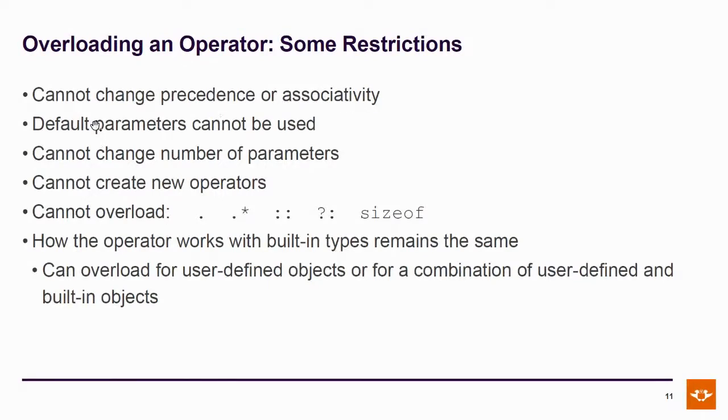You can't use default parameters. You can't change the number of parameters, because the number of parameters is the arity of the operator. And arity, like there can be a couple of arities, but you can't add completely new ones. So for example, minus could be just negation. So you want to set your thing to negative, whatever that means. Maybe if you're doing like a vector type or a data set type, you want to then just negate every element in the data set. That will work as a unary operator, because you only specify your thing as one parameter.